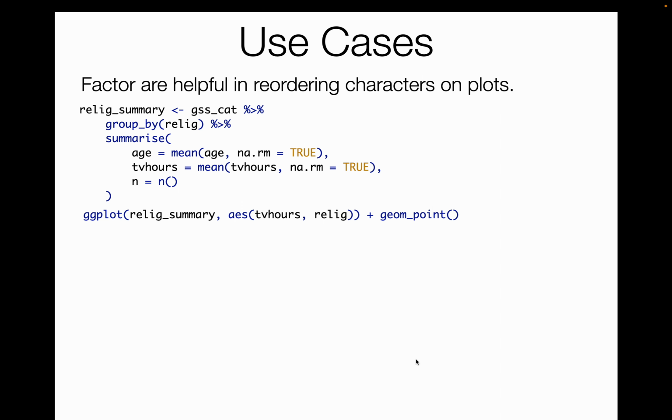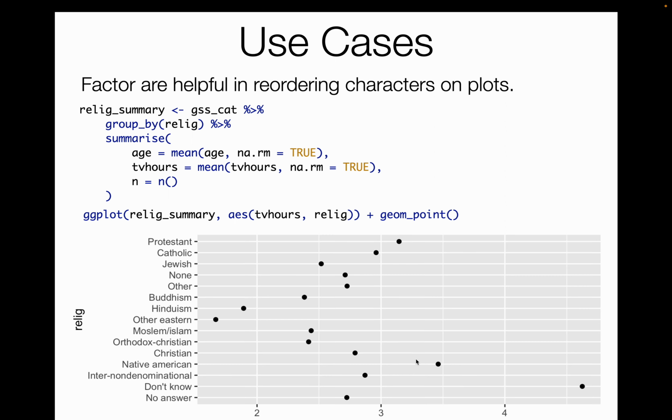But the GSS CAT data set comes from the forcats package, so it's the data that they use to do examples from. I'm grouping by religion and summarizing age, TV hours, and the number of people who said they were that religion for each of them, and I get this plot. For each religion, here I'm just plotting TV hours versus religion. TV hours is on the x-axis, religion is on the y-axis, and there are a lot of religions,